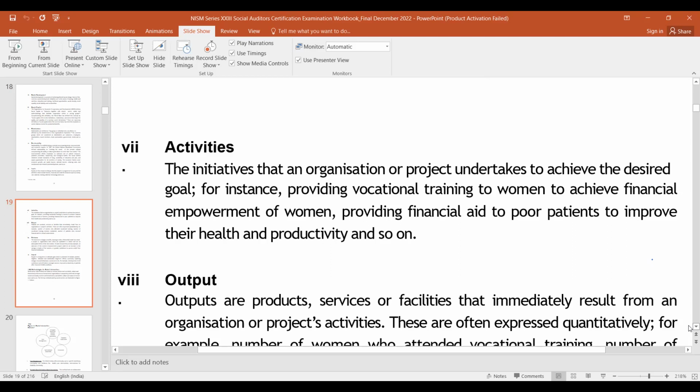Those who cannot afford tests, those tests will be conducted at, say, 10 rupees, which are otherwise available for 100 rupees. So this is some sort of providing financial aid to poor patients. So subsidization will be a very major impact, no? Yes, that can also happen, and you can even give them money for getting a decent meal. We will be providing you some sort of financial aid to improve their health and productivity